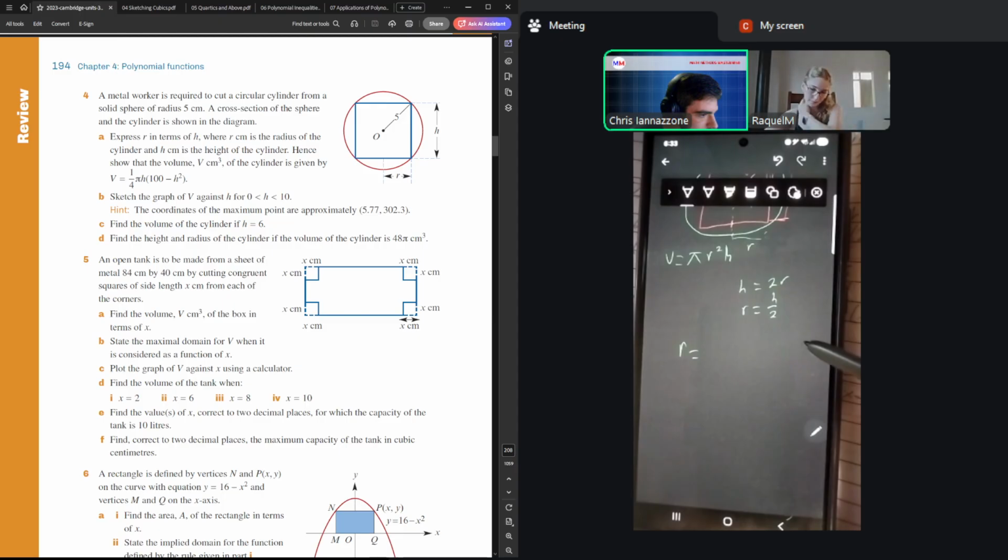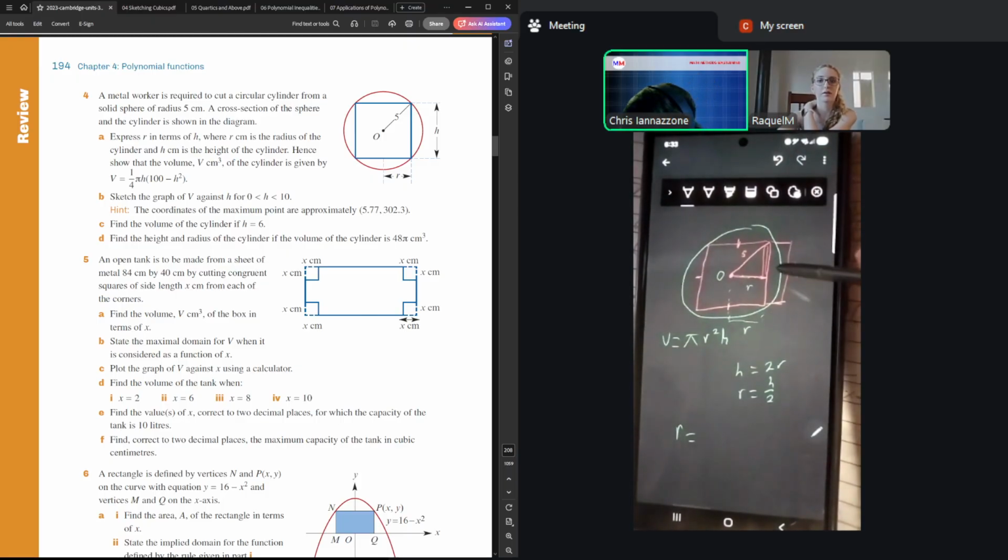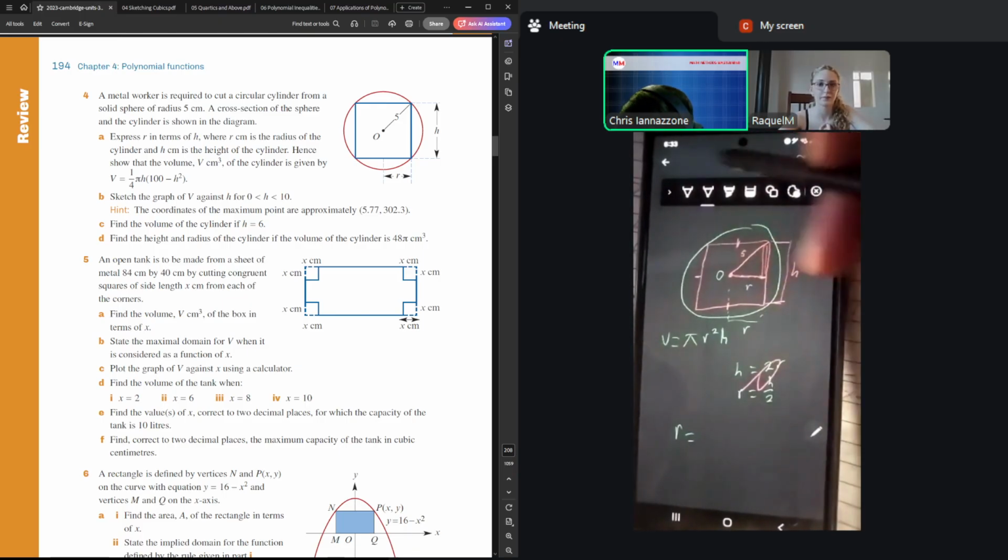Hang on. Yeah, I've made a bit of a mistake there. So I probably shouldn't have said quite like that. Yeah, no, that's wrong. The reason why is because if we actually have a look at what's happening in the right